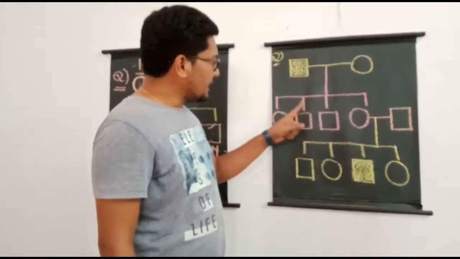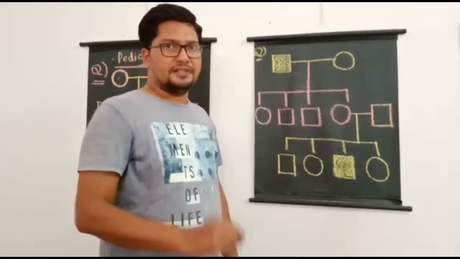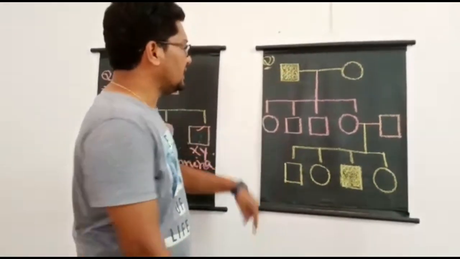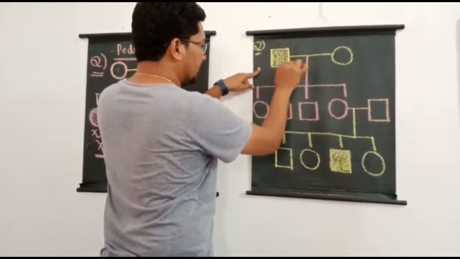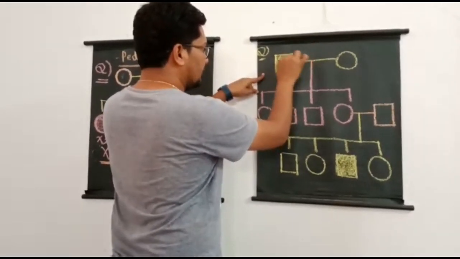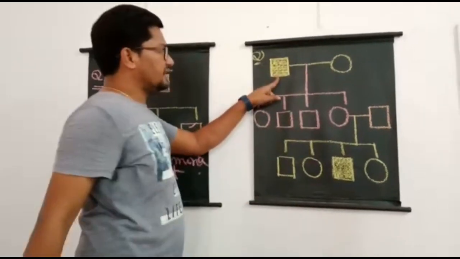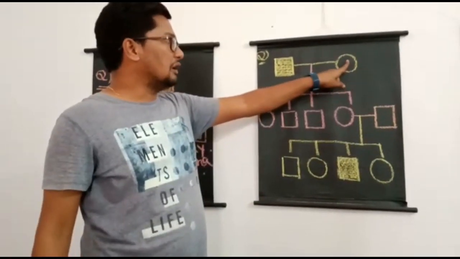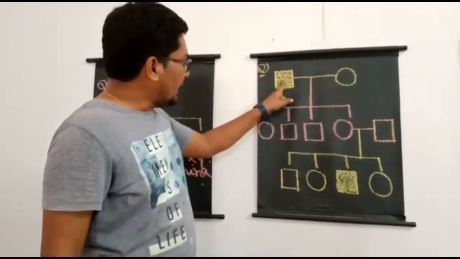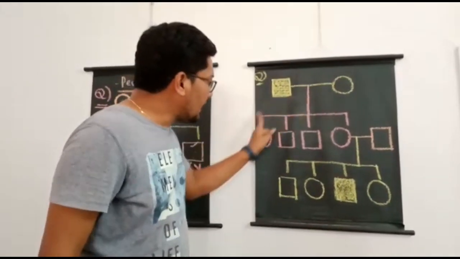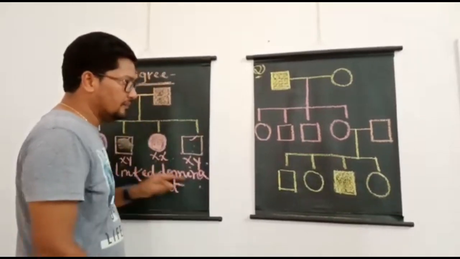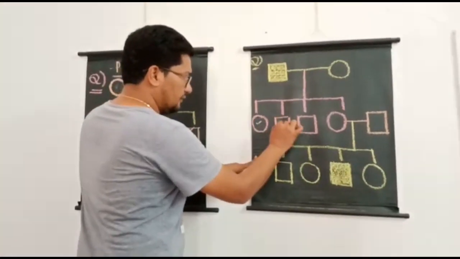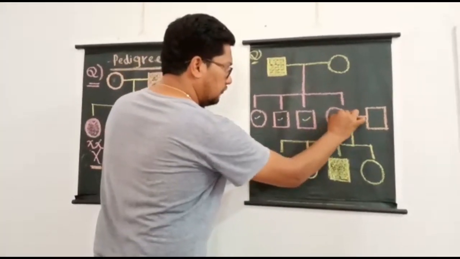Now, let us look into the second pedigree chart and try to understand. It indicates the inheritance of which type of trait? And now you know the meaning. What does this chart indicate? An affected male means a male suffering from the disease. An affected male married a normal female, and this couple has got how many children? 4 children you can see in the diagram. That is 1, 2, 3, 4.